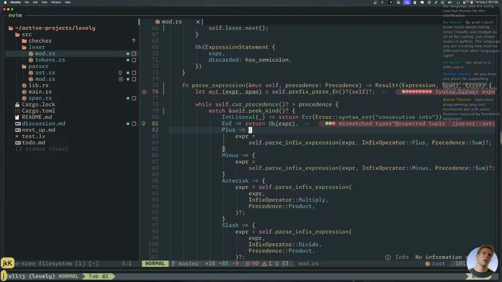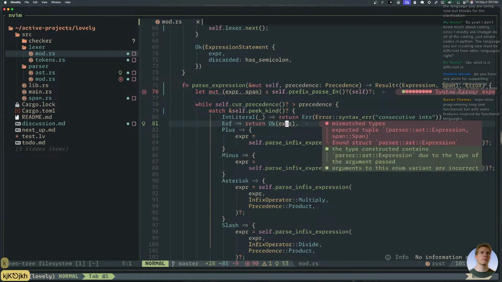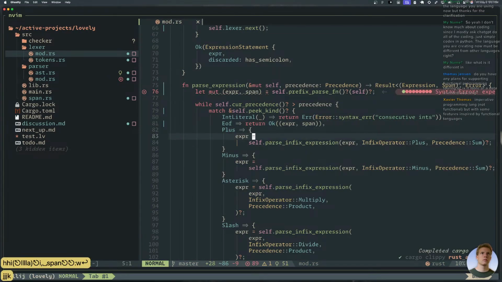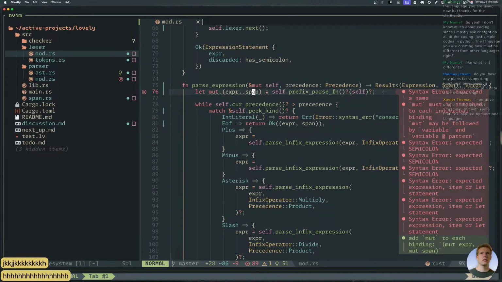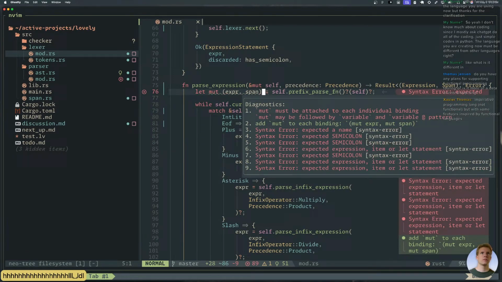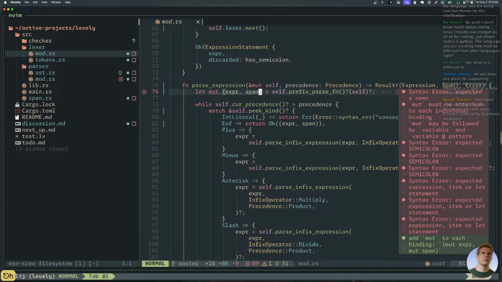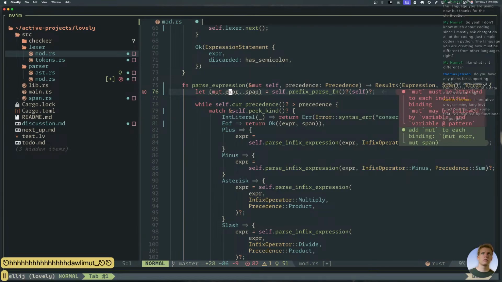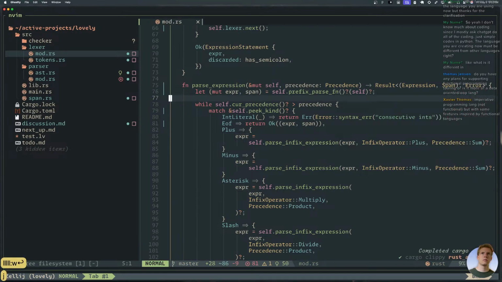What is this? Oh no, we're back down to 89. That's no fun. Why is this a syntax error? That's interesting. I've never had to do that before.